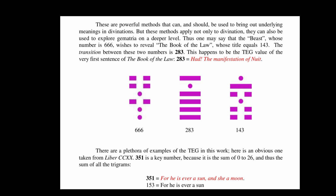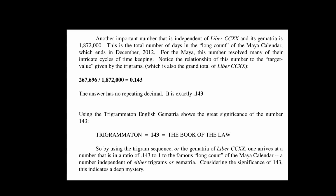The thing is, when you add up all these values in Liber Trigrammaton that are shown, and then the Book of the Law, it's in the same system. They both have the same sum. The sum is 267,696. If you divide that same number by the Mayan calendar, the long count, so like every day for their long calendar that ended in 2012, which I'm sure was very spicy to an occultist in 2001, you get